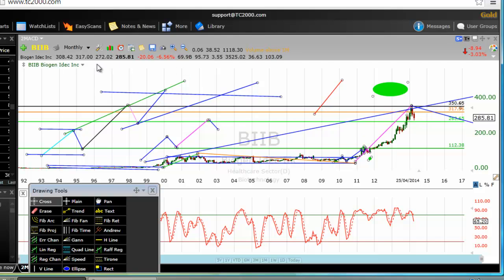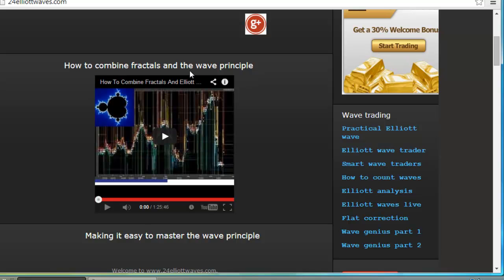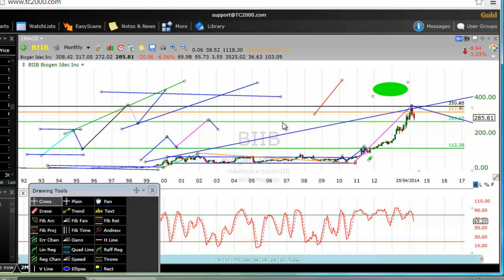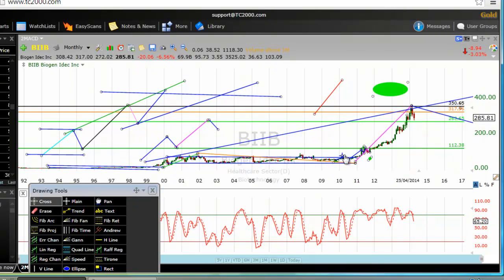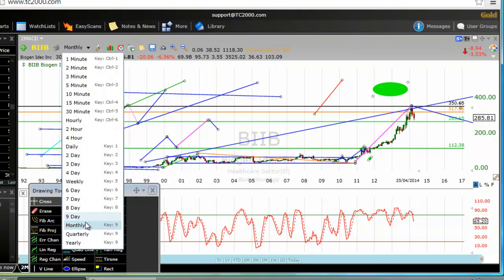So on this monthly chart, when I was demonstrating how to combine the fractals and the wave principles, we were using the monthly chart, and we have shown traders that they accounted 5 waves to forecast the price up to the level of $350. So from here, 1, 2, 3, 4, 5. But that 1, 2, 3, 4, 5 waves on the monthly chart is just the third wave on the